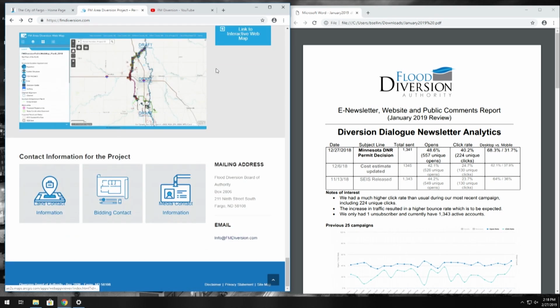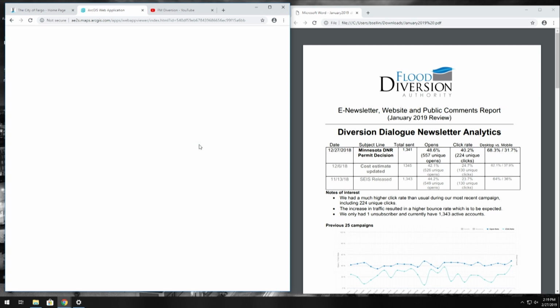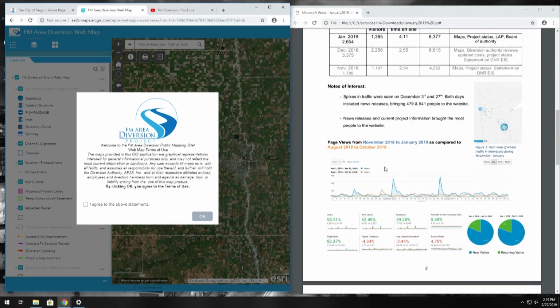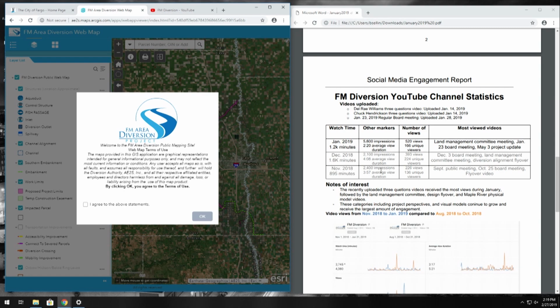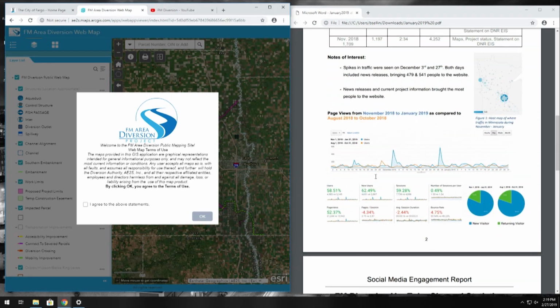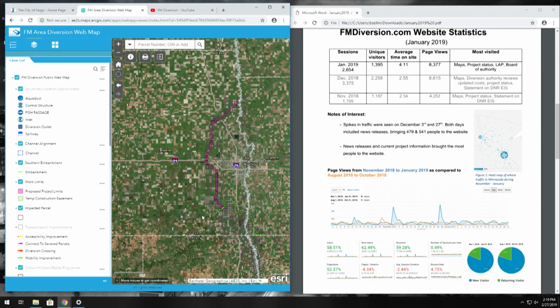And then I don't know if this group has seen before, but we have this interactive web map that is part of the website. And if you look on the analytics, sorry, Rocky only printed the first 2 pages of your analytics report this month, but I'll email the full report. But our maps page is consistently one of the highest used pages of the website.